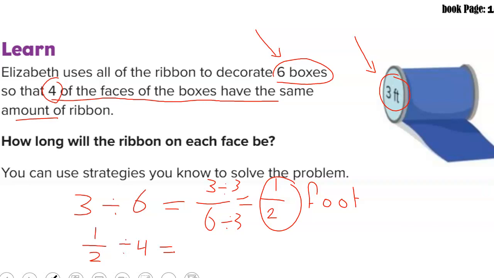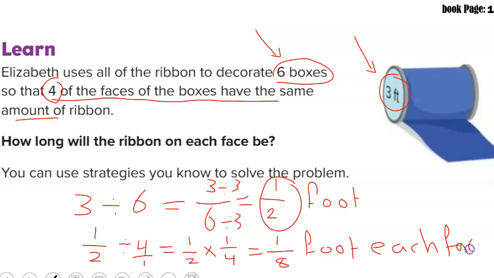You can write 1/2 times, what is the reciprocal of 4/1? It is 1/4. Now we can multiply 1 times 1 equals 1 and 2 times 4 equals 8. So the amount of ribbon you need is 1/8 foot for each face,